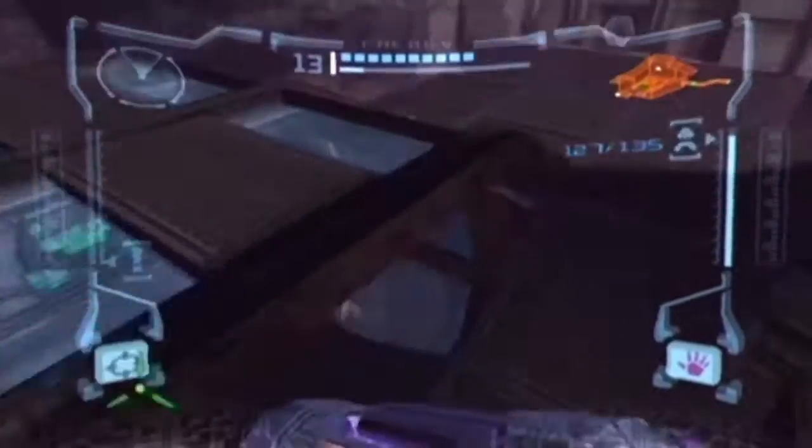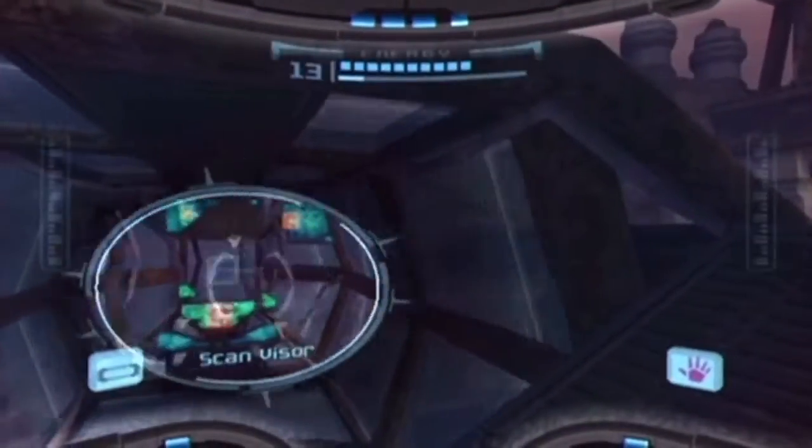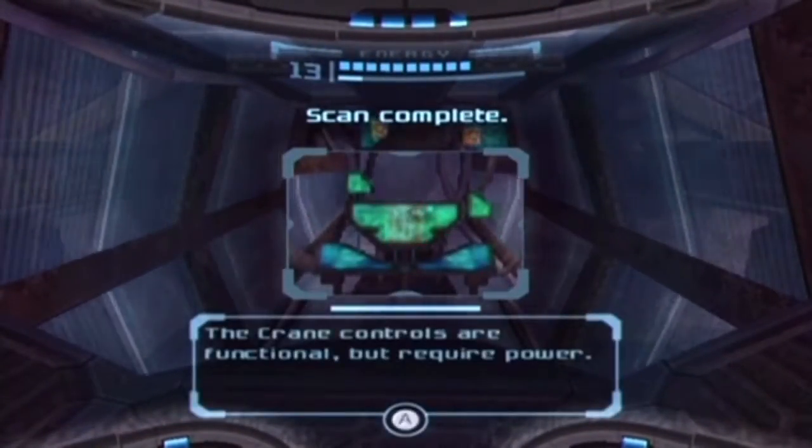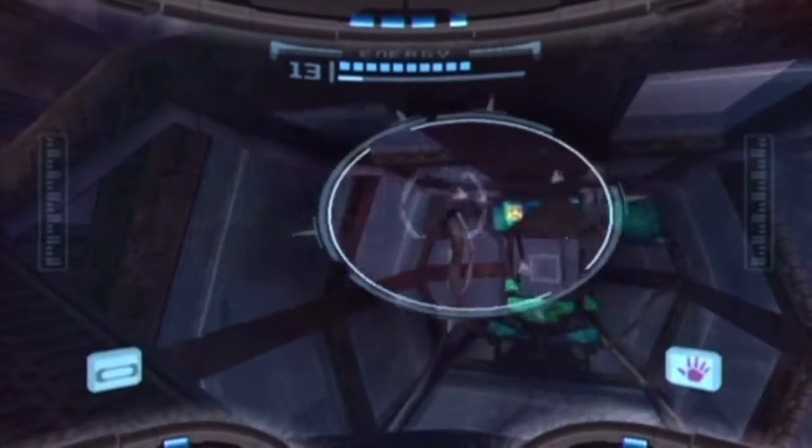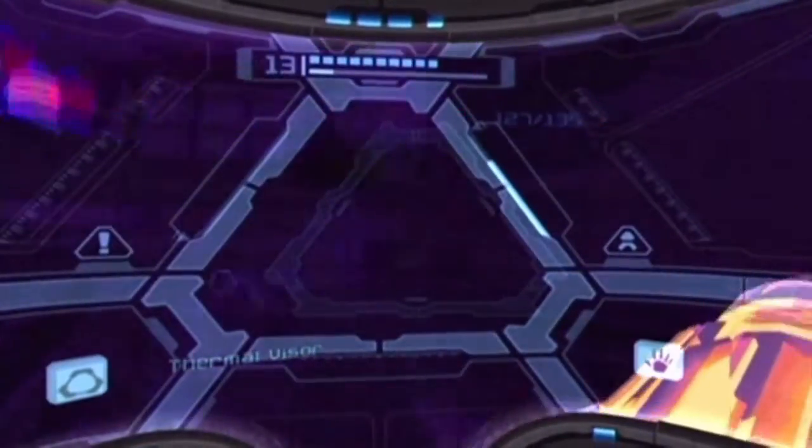Anyway, if we hop down here, you can see there's this computer console here. Crane controls are functional but require power. A power conduit is nearby. A blast of electrical energy, blah, blah, blah. We know how to do all of that. And indeed, the power conduit is...